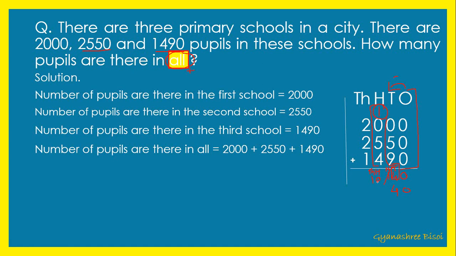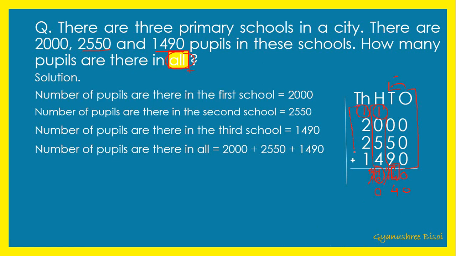Right? Now I will write the digit which is at hundreds place below hundreds place, and the thousands place digit I will carry over to thousands place. Correct? I hope all of you understood this.